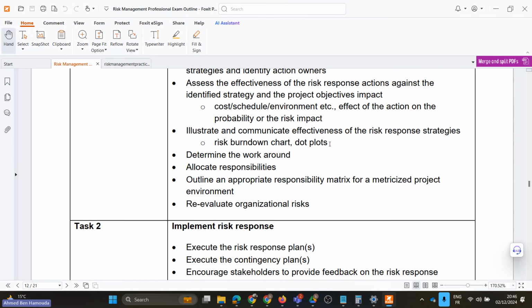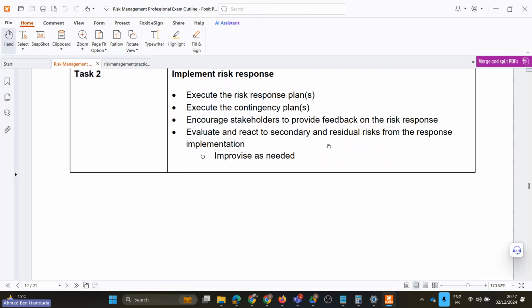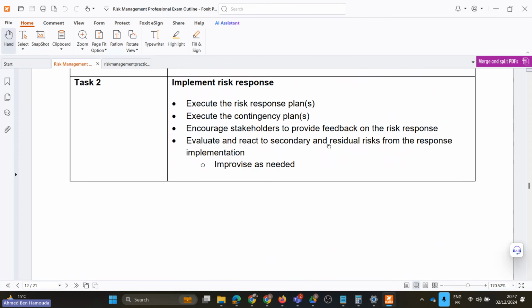Now, how to assign a risk owner to the risk response, allocating responsibilities, and making sure that it is very well described in one of those responsibility matrices. Okay. And of course, how to evaluate the organizational risks and their potential impact on the project. The second task in this fourth domain is about implementing the risk response, how to effectively execute the risk response,